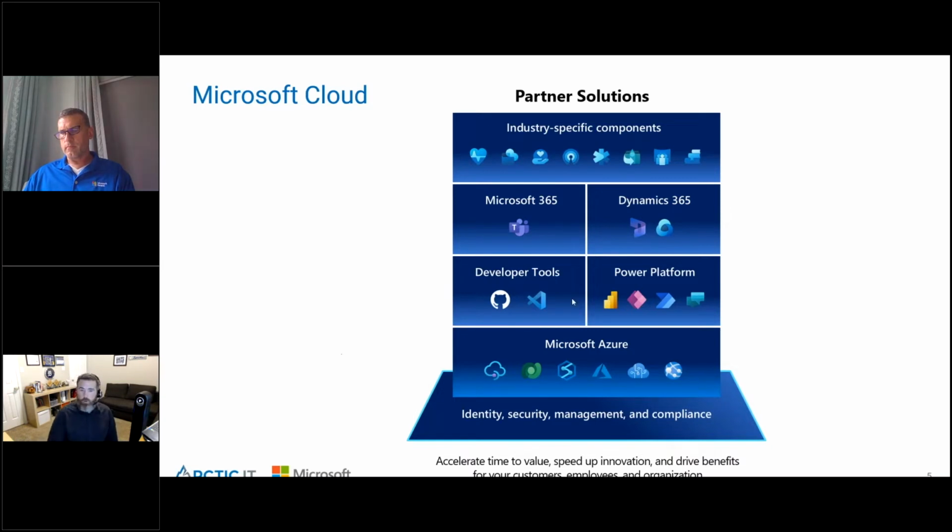And on top of that, we've got our developer tools like Visual Studio, first and foremost, and then those all kind of start working together in the expansion of what we call the Power Platform, right? That's where you have your Power BI, Power Apps, Power Automate, different ways of taking the wonderful functionality of Azure, being able to create your low code or no code apps, great visual representations and reports in Power BI, and building off of your data sets and applications that are in